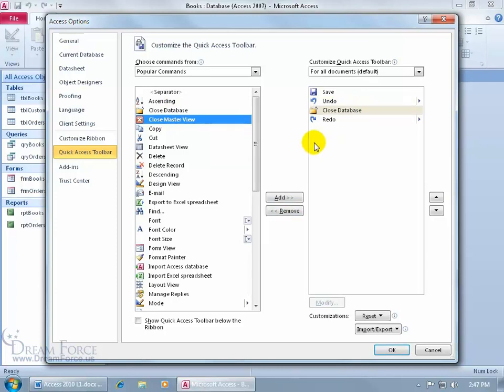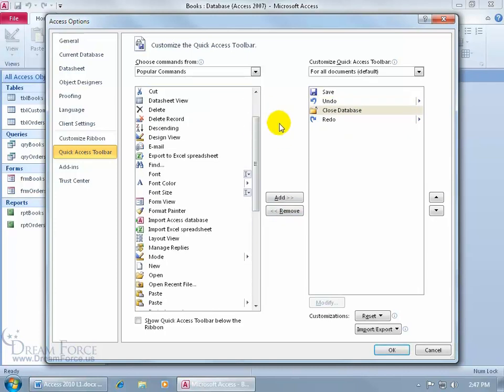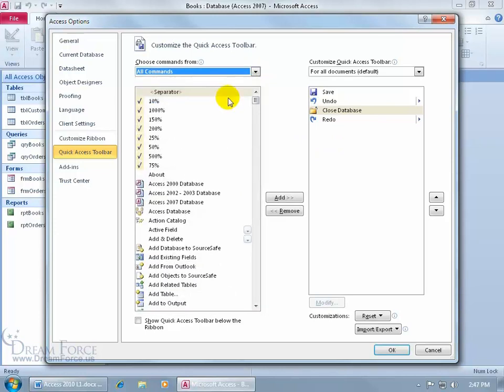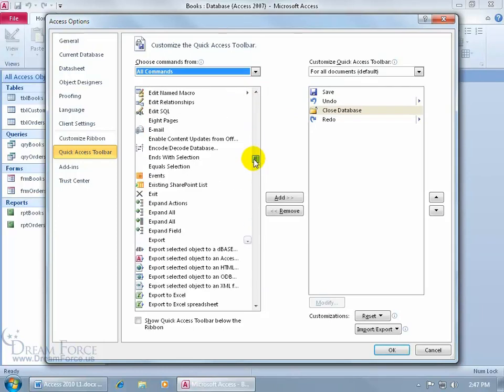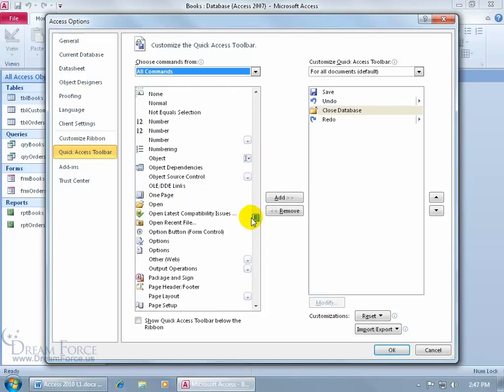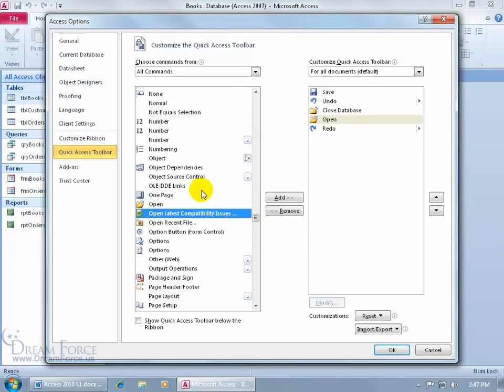That's a lot quicker. And then out of the popular commands, if I scroll down and I don't see what I'm looking for, change it from Popular to All Commands. So I have a view of all the commands that are available, and it's sorted alphabetically, A to Z. So there's the A's. Let me scroll down to, let's try to find the Open command so we can open up databases. There it is. Double click, adds it, and then when I'm finished,